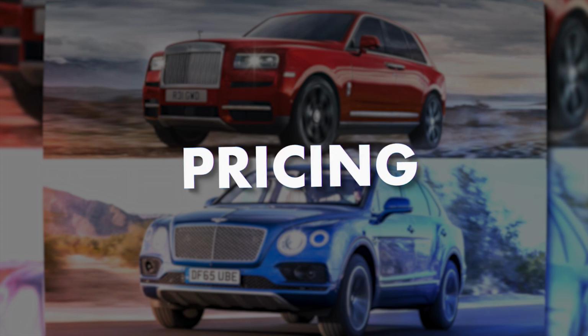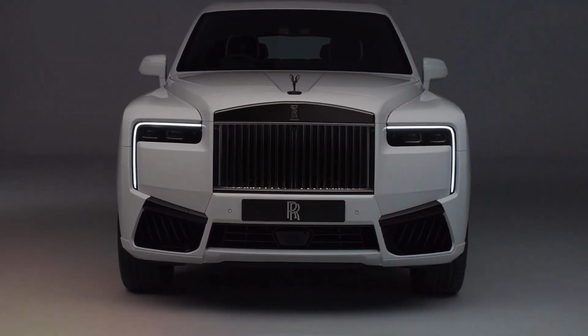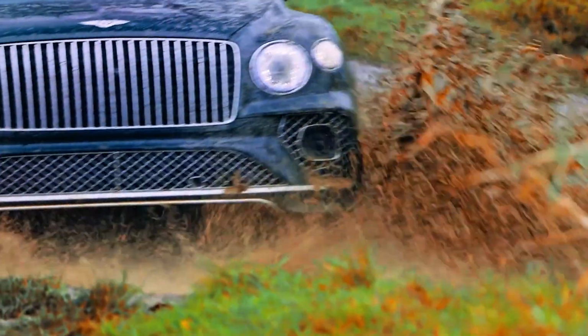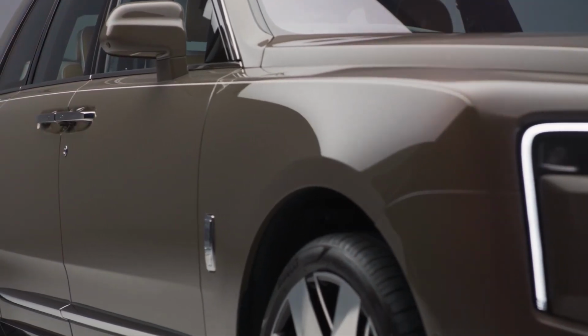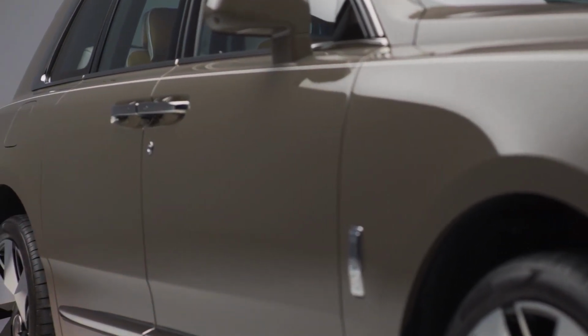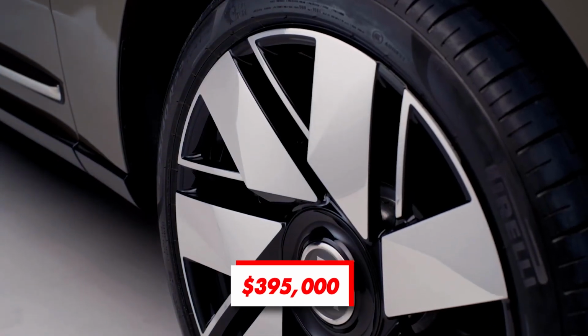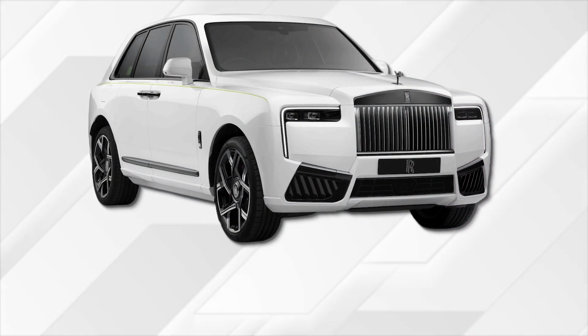Pricing. Clearly, the Rolls Royce is a significantly more expensive SUV, especially now when Bentayga is no longer available with the W12 engine. The pricing for the updated 2025 model year hasn't been announced yet, but most sources suggest a starting price of around $395,000, while the range-topping Black Badge is expected to go for around